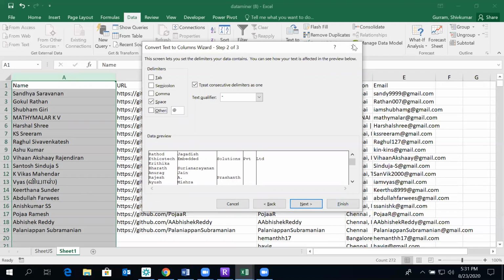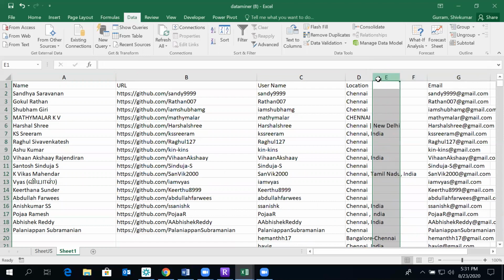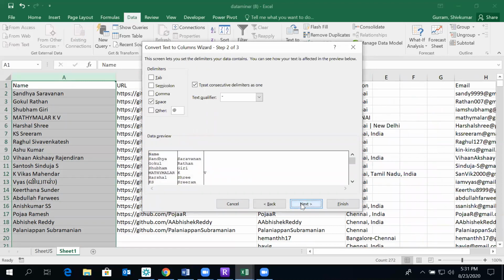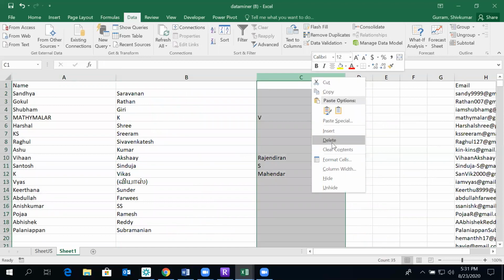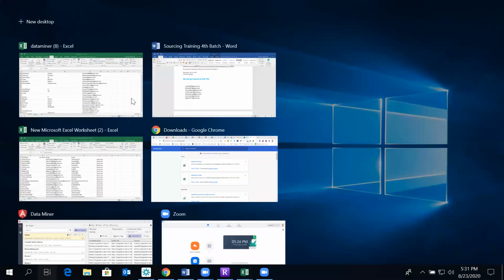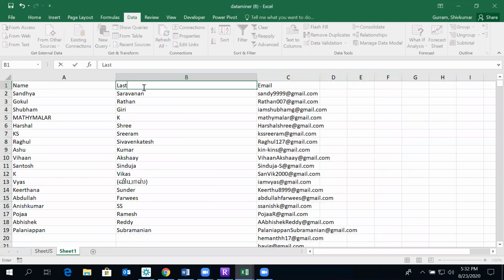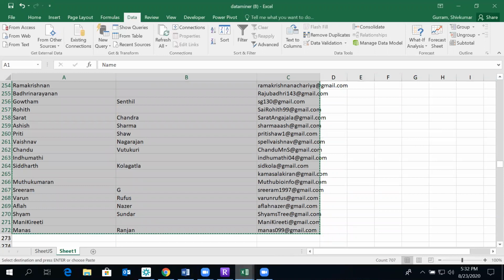This would go. First name, last name. So in the first sheet, I don't have to do any manipulation because we already have the details. In the second sheet, we did the manipulations.